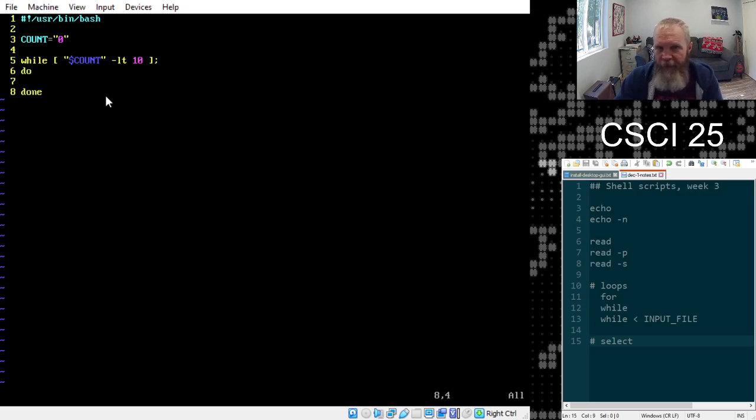So this loop is going to be a counting loop. And of course we need to be careful that the count actually changes over time or we'll get stuck. So this is a loop that's designed to do something 10 times. We'll start count at 0, and as long as it's less than 10, I guess you're probably going to prefer, let's count from 1 all the way up to 10. So we'll start at 1, and as long as we're less than or equal to 10, which means that we'll stop once we hit 11, then let's just say,